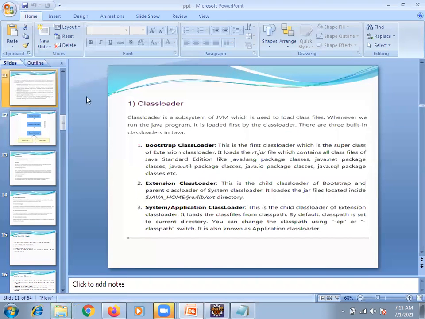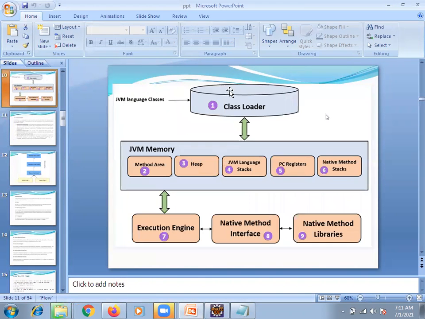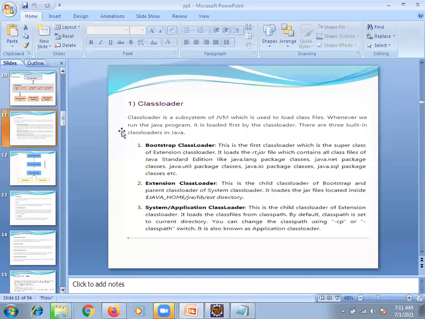You need to understand the first step. Your main class should be loaded. There are 3 steps involved to load the class. First, rt.jar should load, that related dependency jar, that is the extension class loader. After that, your actual class will load with the help of the class loader. Now, your class loader should work based on what basis? We should set the Bootstrap and extension class loader externally. Then only your actual class will load.